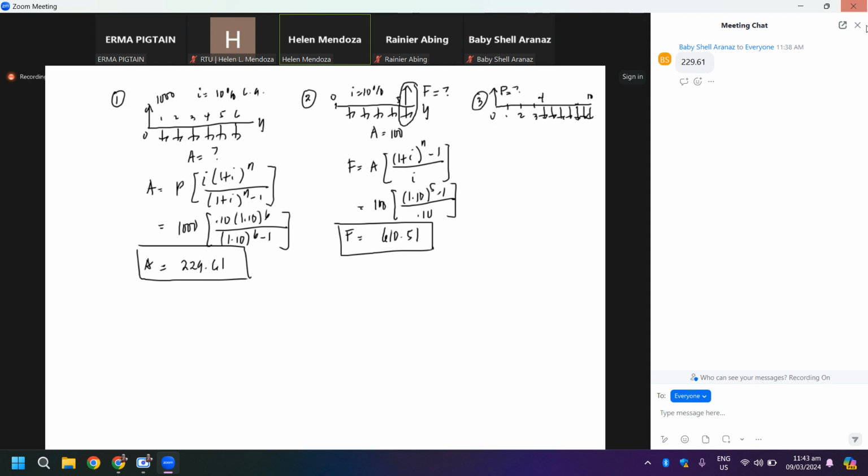So, supposing A is 200. So, P is, if this is 10% and this is years, parang wala ka namang problema other than when you try to find the value of P. Actually, pwede ka pong mag-equation of value, pero pwede rin ganito ang solution. 200